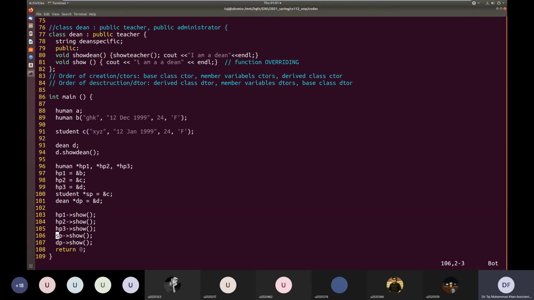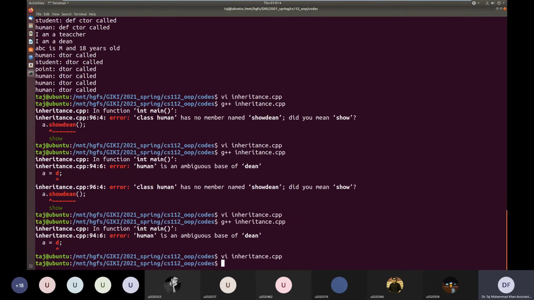Similarly, lines 105 and 107, again the same thing. Both objects are the same, of type Dean. The address is the same, but we are accessing it through different pointers. Line 107 is accessing it through a Dean pointer, and 105 is accessing it through the human pointer. So let's compile it.